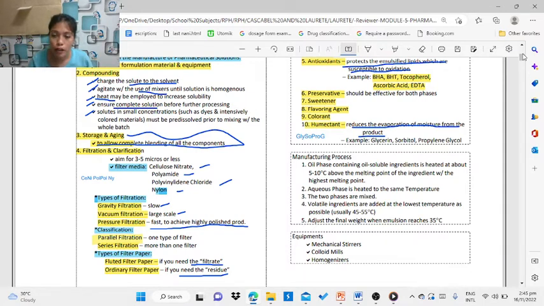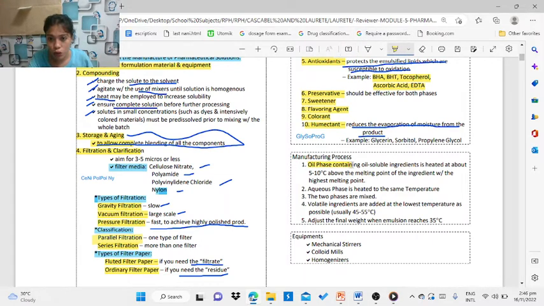Manufacturing process for emulsion. First po is the oil phase, about 5 to 10 degrees Celsius. Tapos, aqueous phase po is